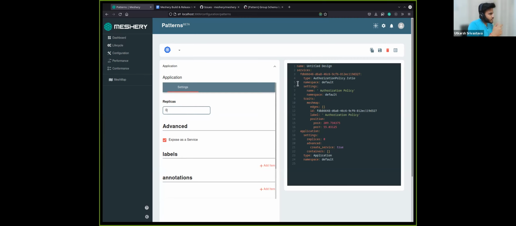It has to be a sibling to these fields, type, namespace, and settings, and it should be the field called name, which will be the actual name for that particular thing. The reason that is required is that it could happen that an authorization policy doesn't accept a name with hyphens in them.